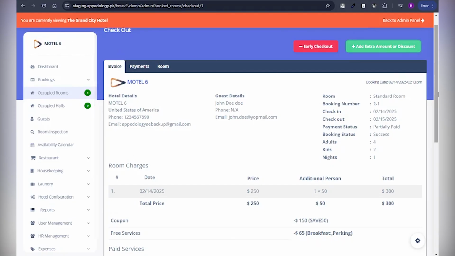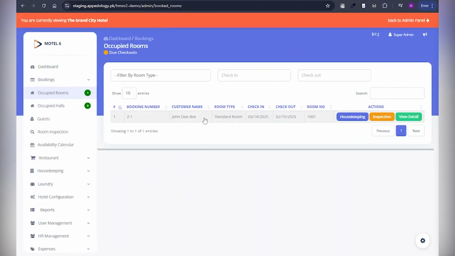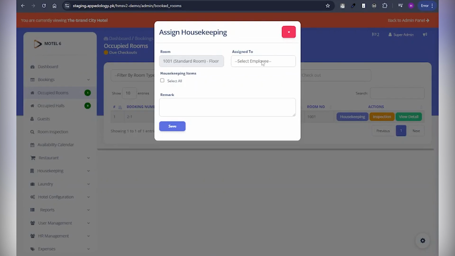Moving on, in the occupied room section, we have 2 other options that we will explore today. First is the housekeeping. This will be helpful. For instance, if a guest is leaving their room for some time and they want their room cleaned when they come back, they can request